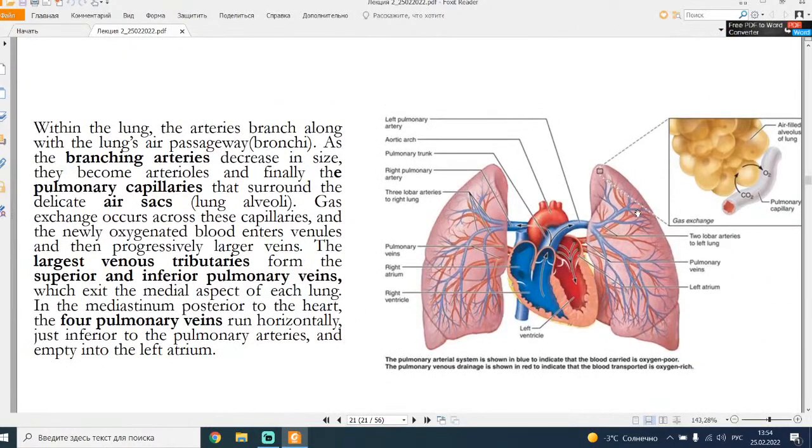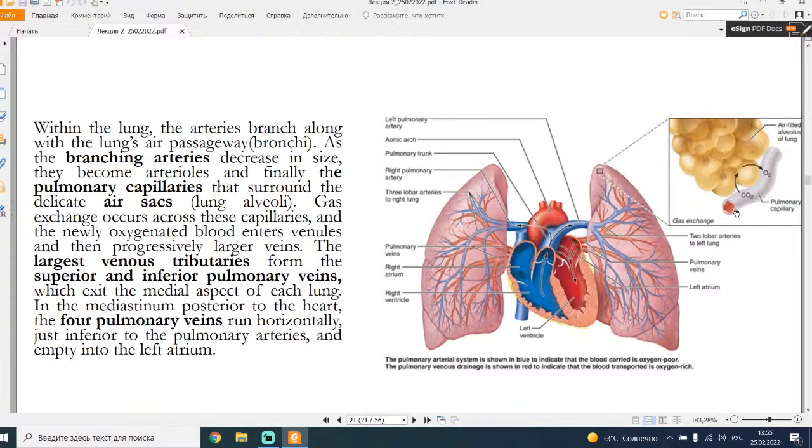Within the lung, the arteries branch along with the lung's air passageways, the bronchi. As branching arteries decrease in size, they become arterioles, and finally the pulmonary capillaries that surround the delicate air sacs, the lung alveoli. Gas exchange